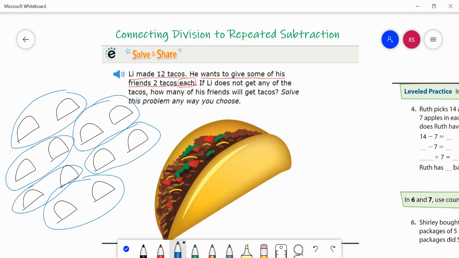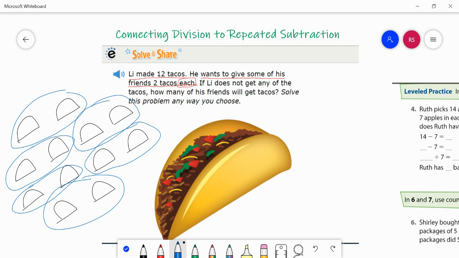Imagine this is you in your kitchen. You have 12 tacos in front of you, and you are putting them into little baggies to give to your friends, okay? So if this were me, maybe I would give the first set of tacos to Miss Burak. I would give the second set of tacos to Miss Thrower. I would give the third set of tacos to Miss Connolly, the 4th set of tacos to Miss Hanner,